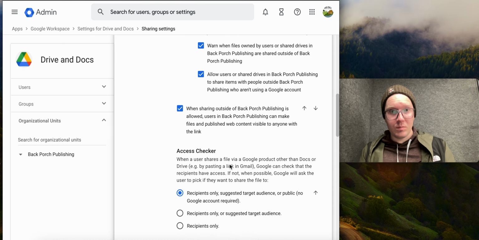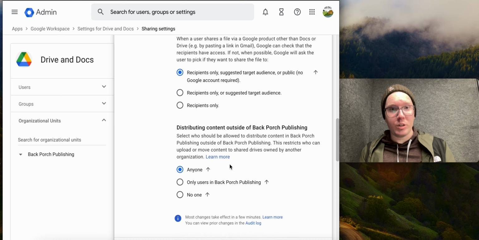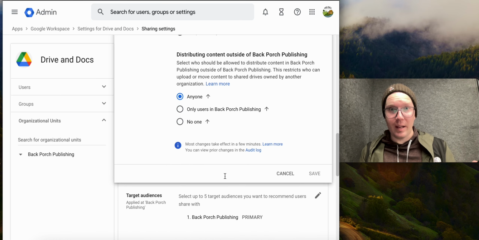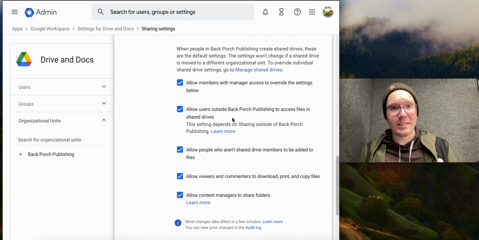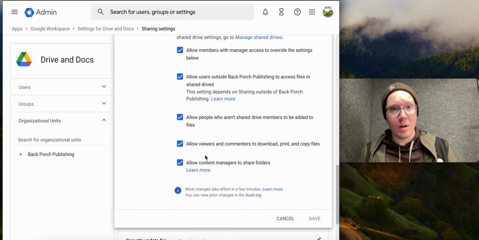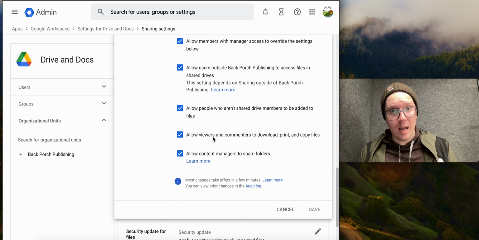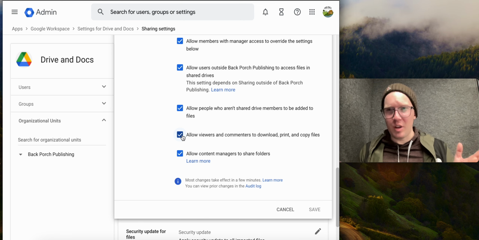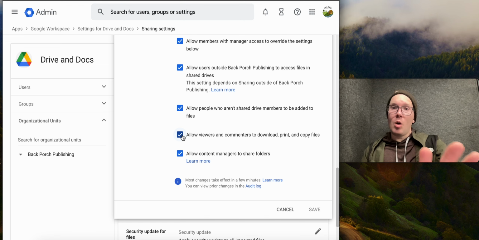Or let's say you want to turn off downloading. All you have to do is right here, you got to stay here, and you are going to go to allow viewers to download, print, and copy files. You're going to click that off. When you uncheck this, this means when you put someone as a viewer, they can only view. They can't download the file, they can't copy or print the file. So that is a couple ways that you can restrict some files if you want a viewer only file